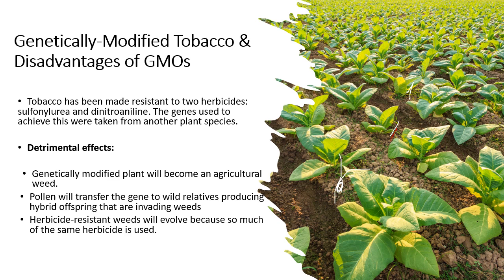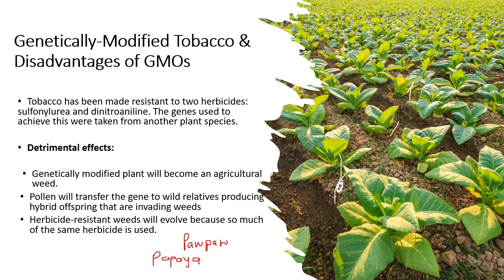The detrimental effects of genetically modified plants is that they can become agricultural weeds themselves. What this means is that, say for example, I decide to have a farm that's not too far from this tobacco farm, and on my farm I am planting papaya, or what you might call pawpaw if you're from West Africa. I'm just going to write that down because I just realized that for some people it might be completely different. So in West Africa, I know it's called pawpaw, but I know in some parts it is called papaya.